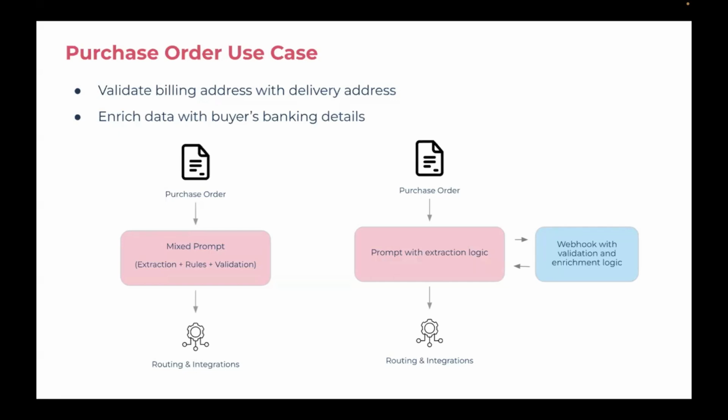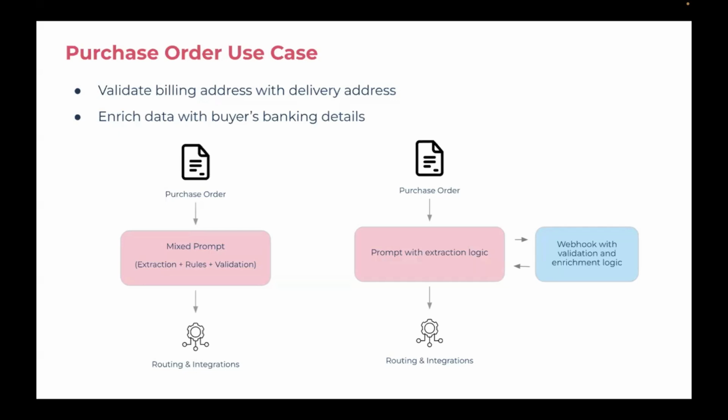And another common business need that we are also going to be doing in this particular use case is to enhance the extracted details of the purchase order with bank information of the buyer. So usually the bank information isn't present in the document. However, the raw extraction alone is rarely sufficient for production workflows. You might need to enrich it with data like the banking information to prepare the data for ERP or payment